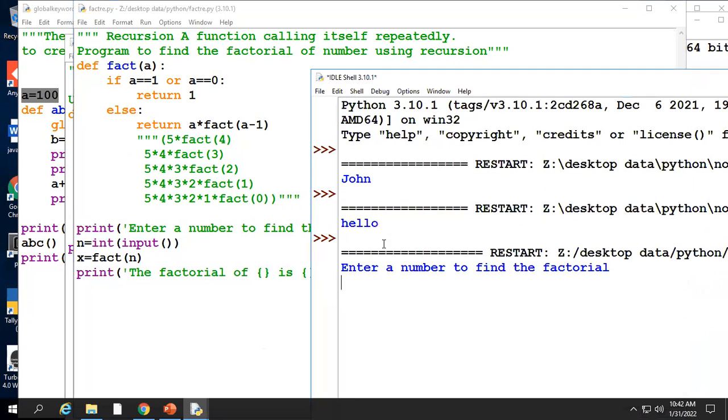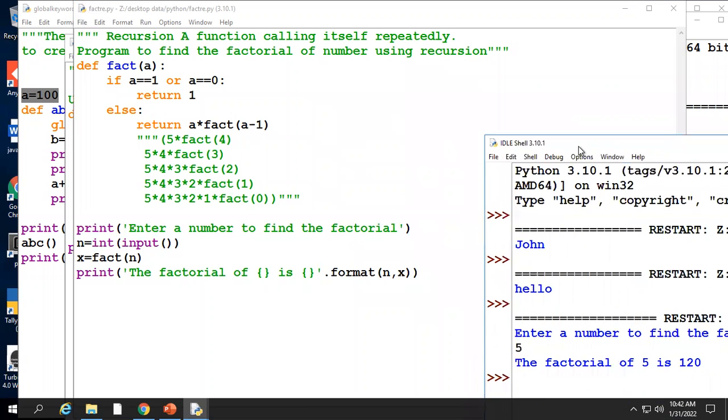So which is asking the factorial of the number. Okay, I have given 5. So I'm getting the same output how we got from the looping statements. It is printing what? Factorial of 5 is 120. It is printing for you. So clear? Here I have not used any looping statements. Okay, without using looping statements also, you can do the repeated action of this multiplication like this kind of actions